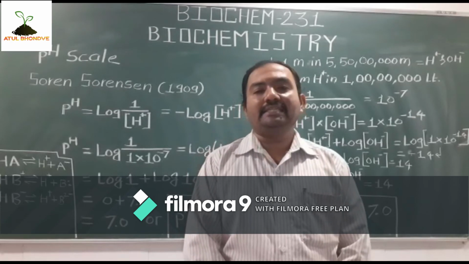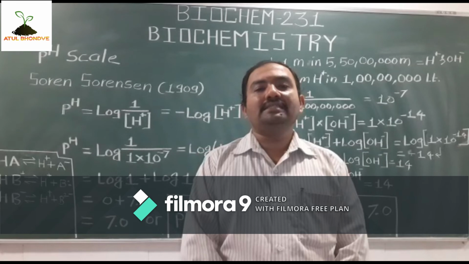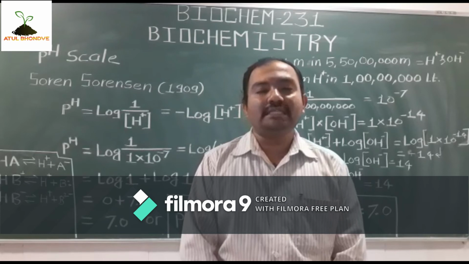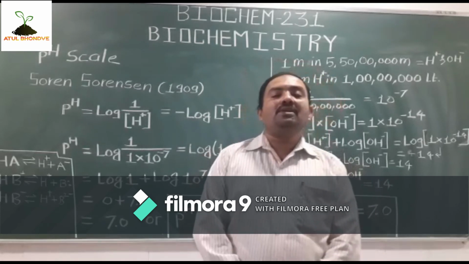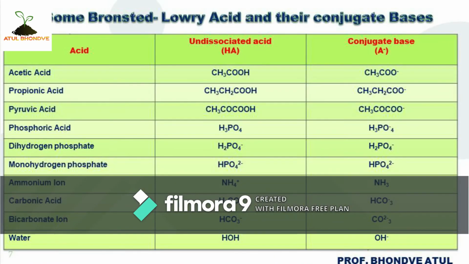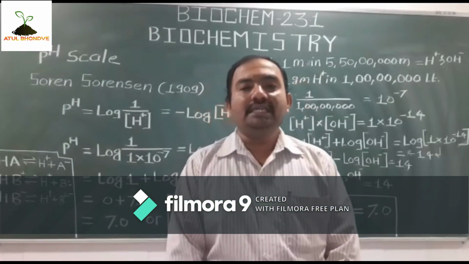So acids are categorized into weak and strong. Weak acids are like carbonic acid and acetic acid, whereas strong acids are like hydrochloric acid and sulfuric acid, HCl and H2SO4. And the concept of strong acid and weak acid is given in front of you with the help of this slide. This slide represents the list of strong acids and weak acids, and the H ion concentration regarding the movement of H ion with the acid.